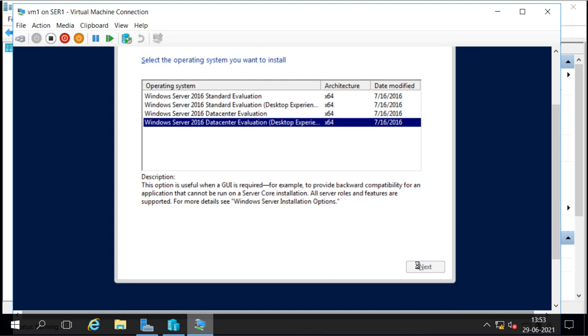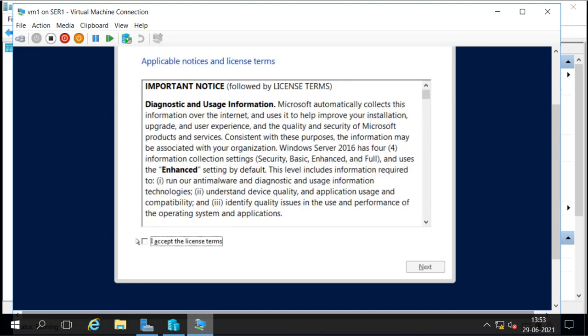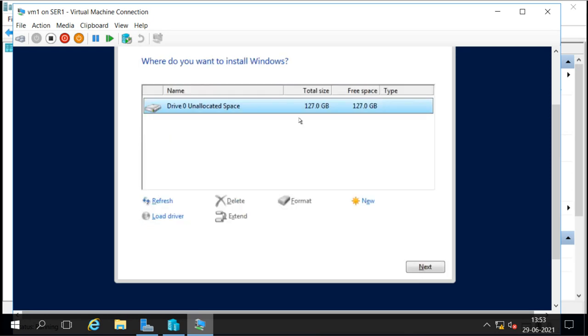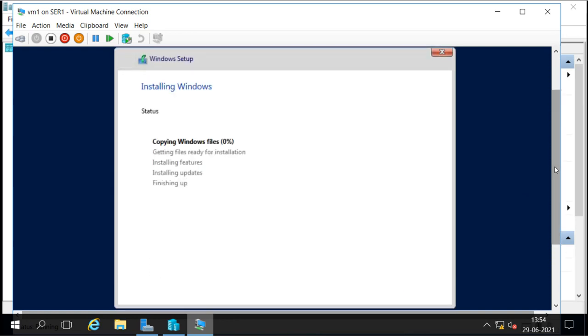I am going for the graphical. License agreement. Next. Custom for the fresh installation. Creating the partitions if you require, or going next. Now it is going to install, and when it is finished the installation, then it will be available for us.